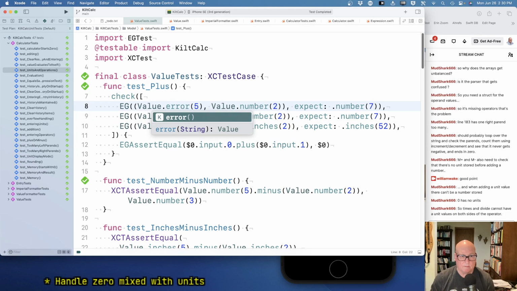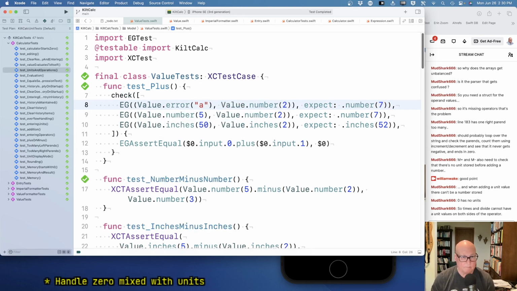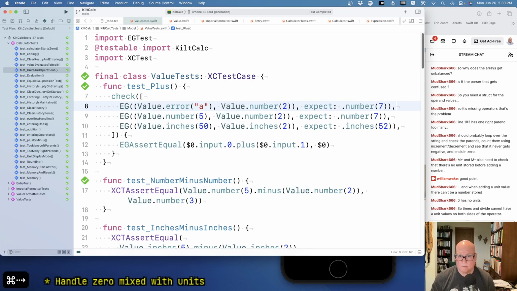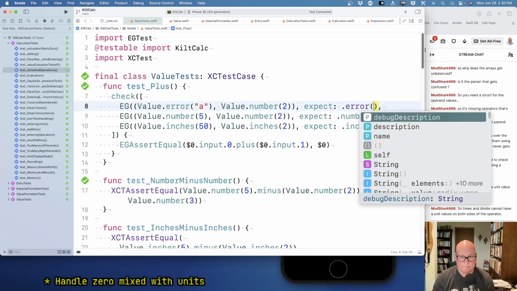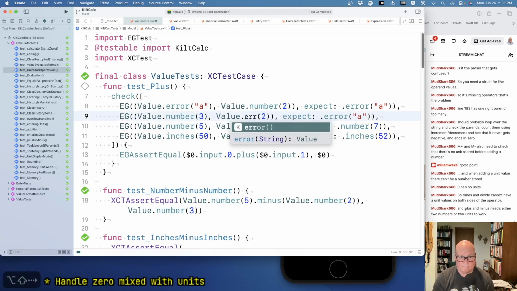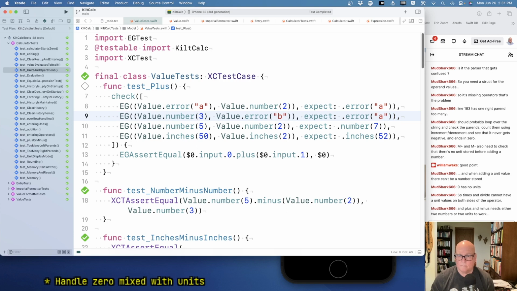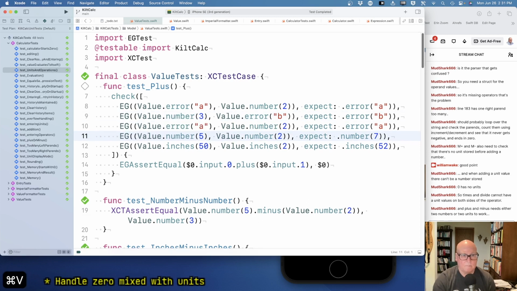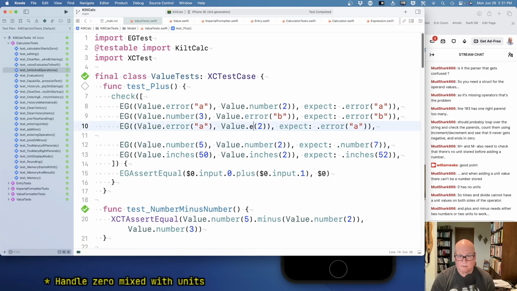If you did error A plus number, we expect the error back. And if you swap it, okay, and if they're both errors, we'll expect the first one. All right, plus minus needs 2 numbers or 2 units. Yeah, so the mixing,